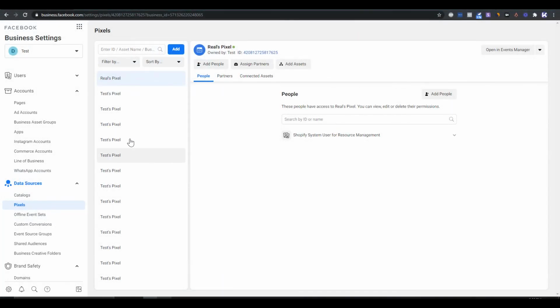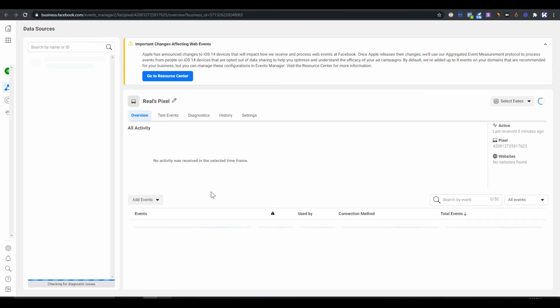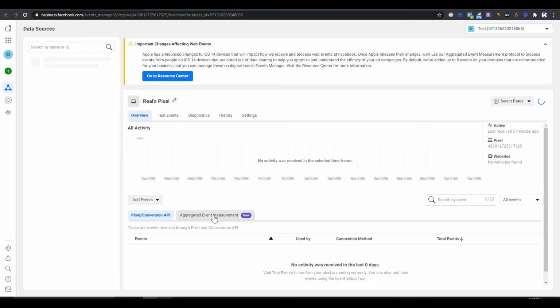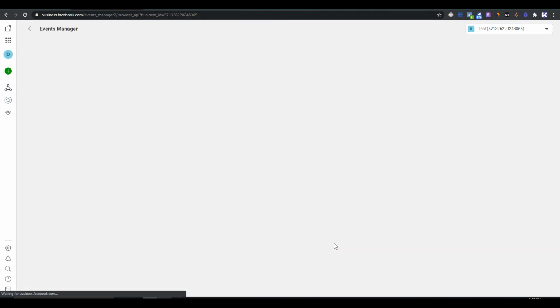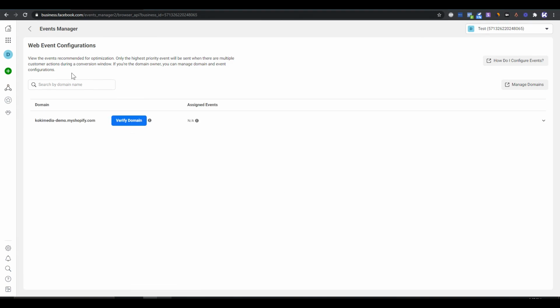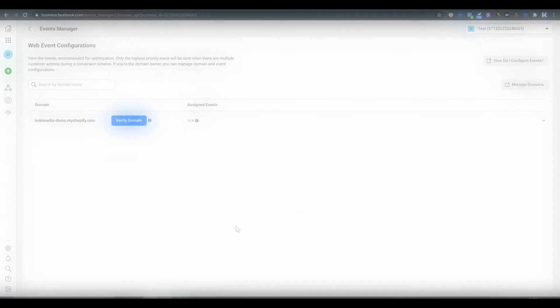Now this is important because of Conversions API. So once you have that set up, you're going to want to go to Open in Events Manager to the pixel that's connected now. Then go into Aggregated Event Manager. Then Web Event Configurations. Now, like I said, it's not going to let me do it because it didn't let me verify the domain, but assuming that it is, I'll pop up a screenshot of what it should look like, of what are the exact events that you should be setting up,